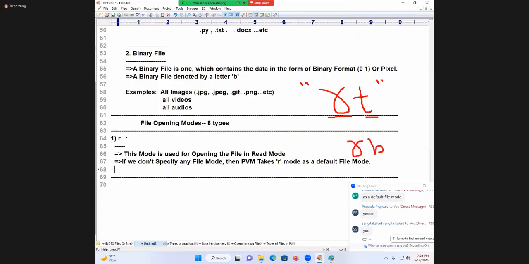If I write RB, what is this now? Open the file in read mode. Which file? If I write R, which mode is it? Read mode. Which file? Text file. This is one and the same. Are you following me? Why am I not writing it here? By default, T only. Even if I don't write RT, if I don't write anything, by default it is RT only. Are you following? Yes. Okay.